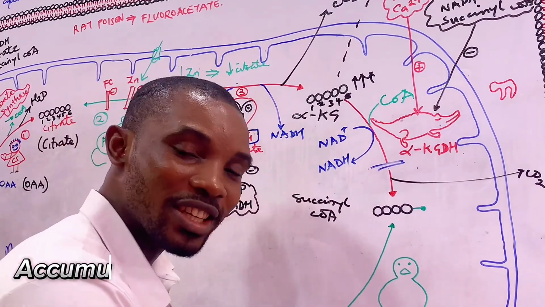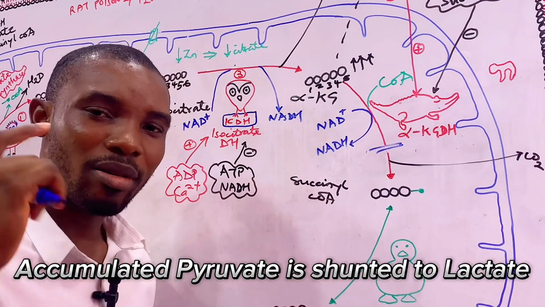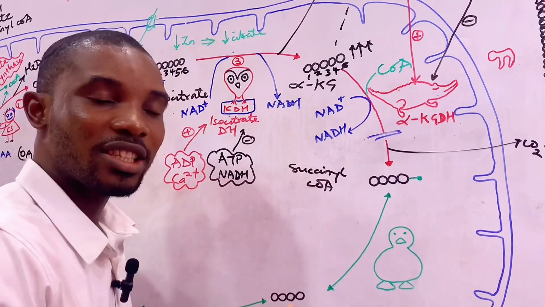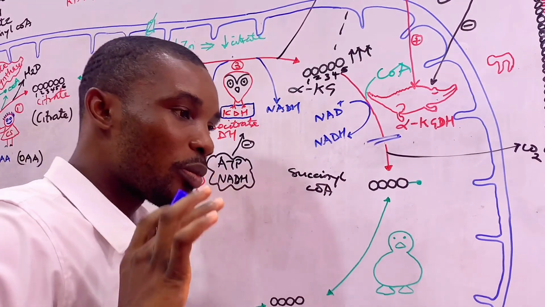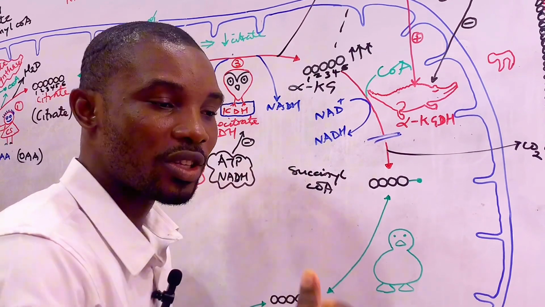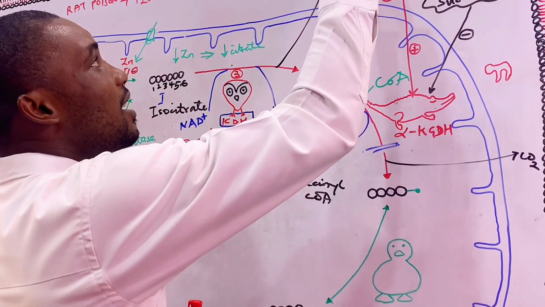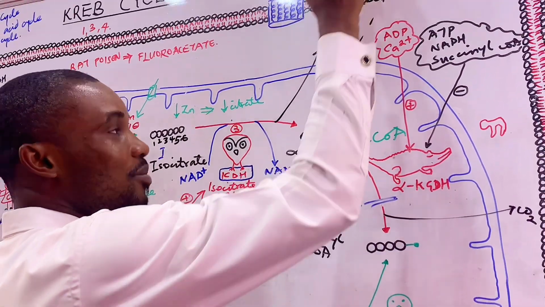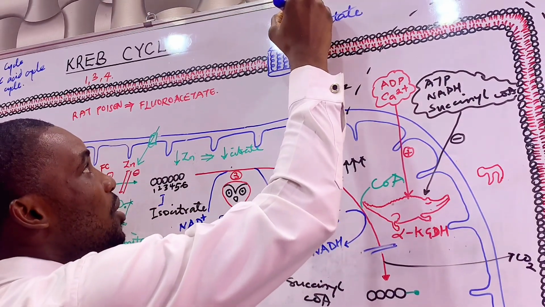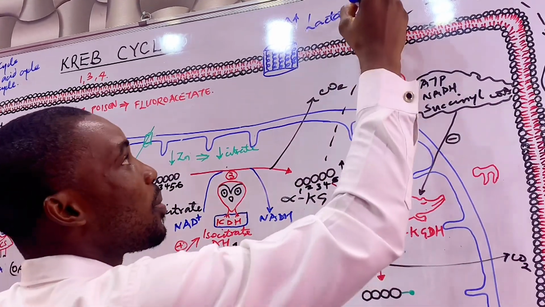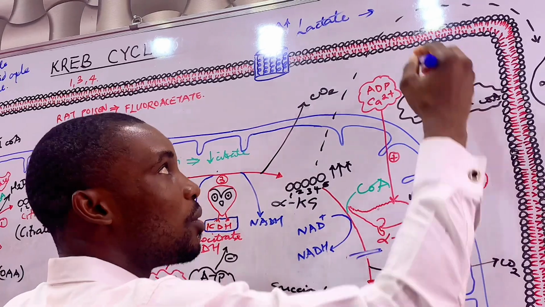But the pyruvate is now shunted into something else called lactate. Remember we talked about it in a video on glycolysis, where I told you that lactate dehydrogenase has to come in to convert the pyruvate to lactate in order to free up NADH, right? Now, there'll be an increase in lactate. Okay, so the lactate will be way high. That's the blood lactate. So the person will have congenital